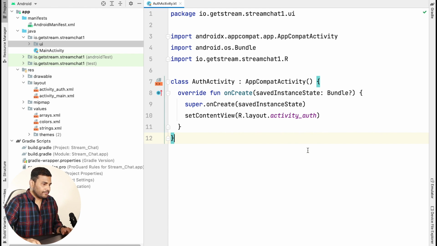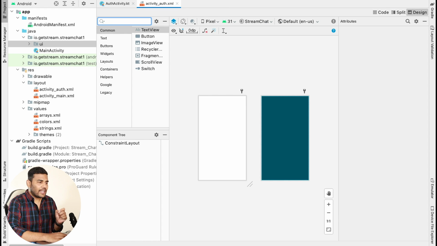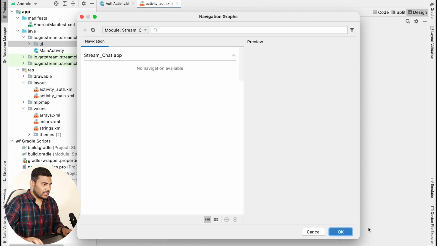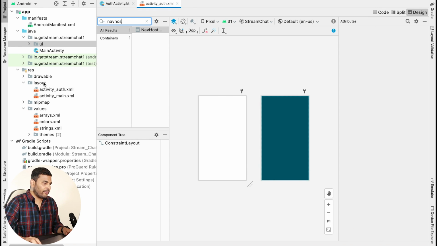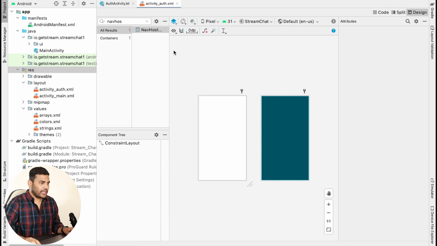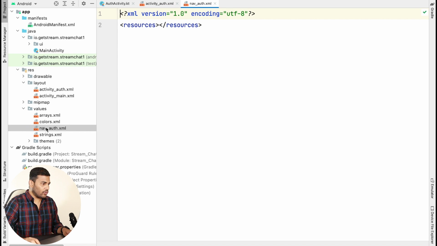So let's do it. So this is my activity auth, and inside activity auth, I will add a nav host fragment like this. So this is my nav host fragment, but first I also need to create a navigation graph. So inside my resource folder, I will create an Android resource file and I will name it nav auth, or you can name it whatever you want.